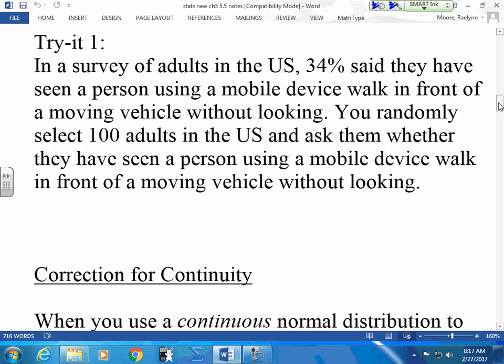So in the survey, 34% said they have seen this happen. You randomly select 100 adults. Now,